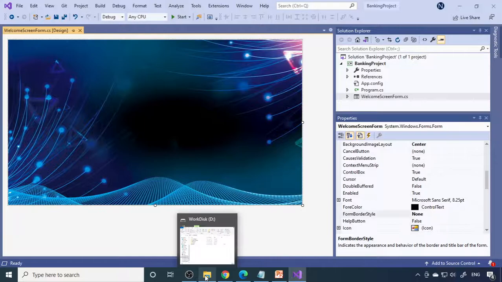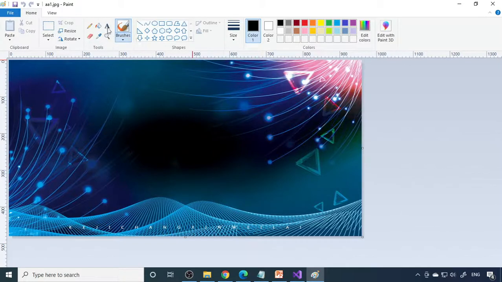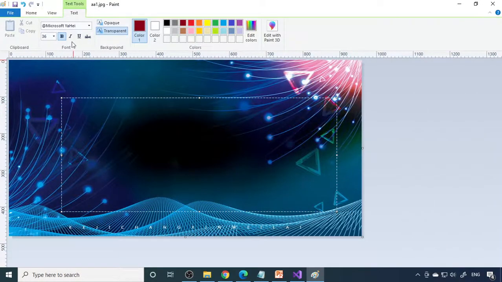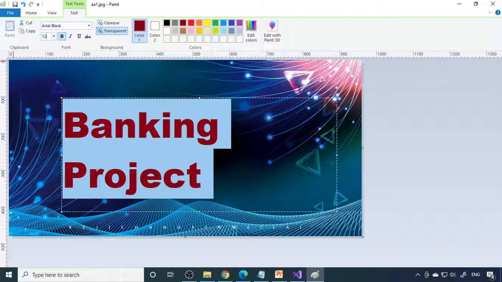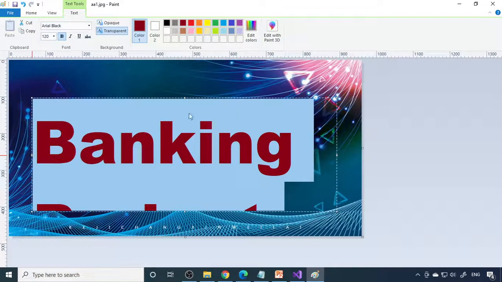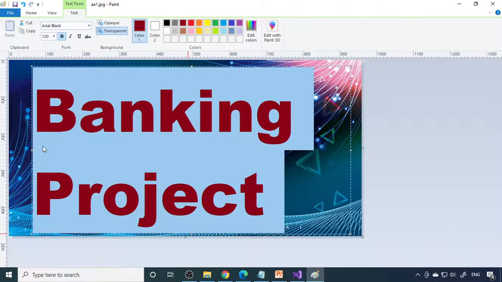So I'm discussing how to change the picture. Okay. So here is a picture which I'm using. If I go to the edit menu, I can say I want to say banking project. Okay. I'll select the text. I'm using Paint here to make the changes. I'll just go to 72. Right. So here you can type banking project. I want to make it a little bit bigger. So I'll take 120. Okay. So I'll make it some light color.